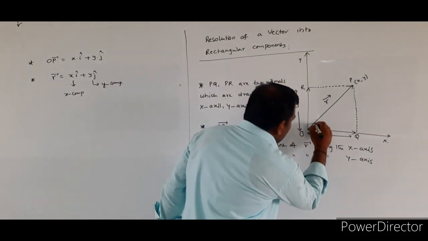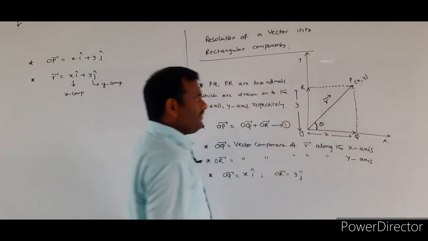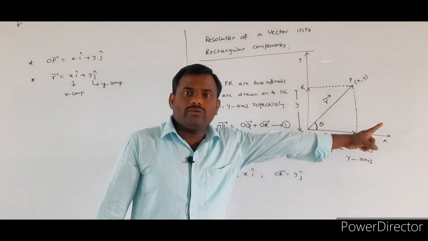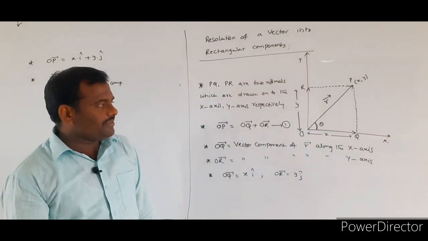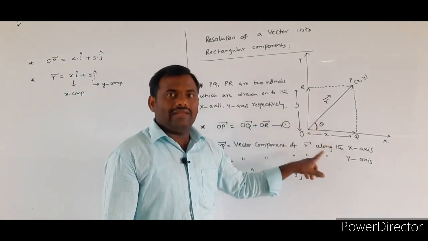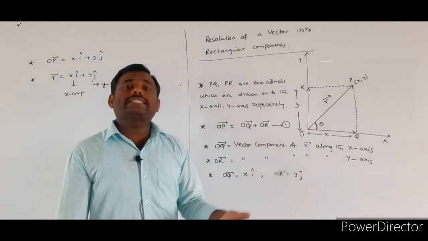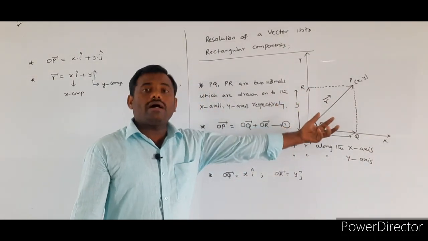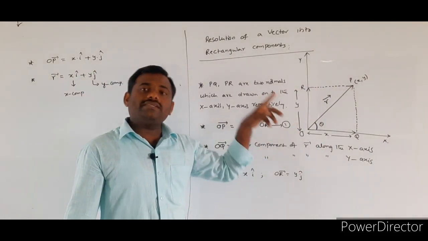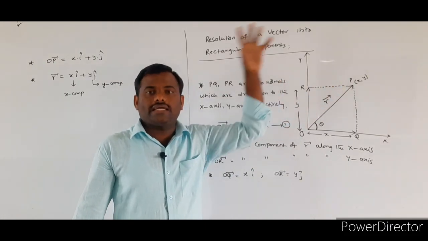Again, here I am assuming that the given vector r bar is making theta angle with respect to the x-axis. What we are assuming here is that the vector r bar will be written in terms of the x component as well as a y component according to the given point P of x comma y.